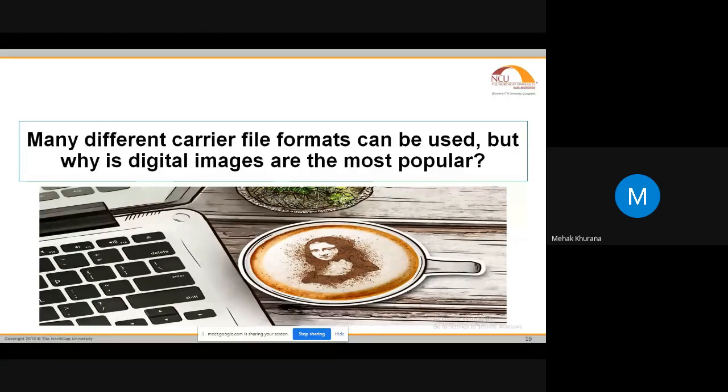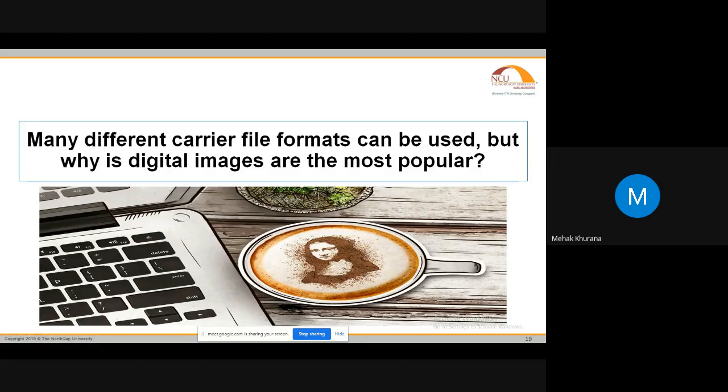Why are there many different cover formats, like I told you: video, audio, text? But why are we only focusing on images? Why are we only making the cover an important or popular part of sending the information? I just want to know from you people, anybody who can answer: why are we using the image as a common source to transfer information, or for hiding information inside images? Why not text? Why not audio?